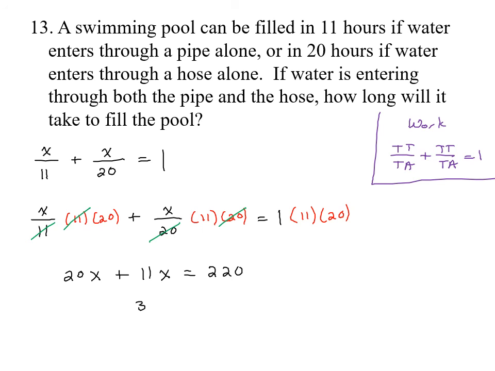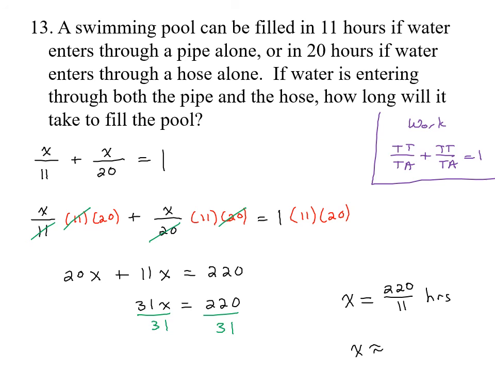So I'll get 31x if I add the x's together on the left-hand side, 20 and 11, and then divide by 31 on both sides. That probably will not go in evenly. Not even close, I bet. So 220 divided by 31. Oh yeah, that's not even close to being nicely done. So you can either leave it as 220 over 31 hours,